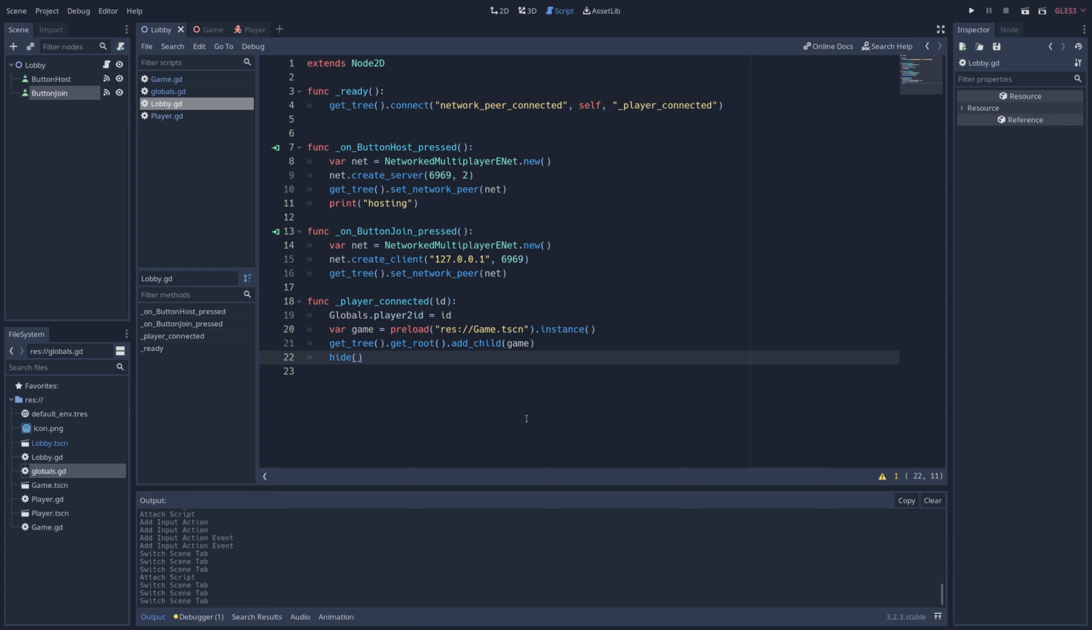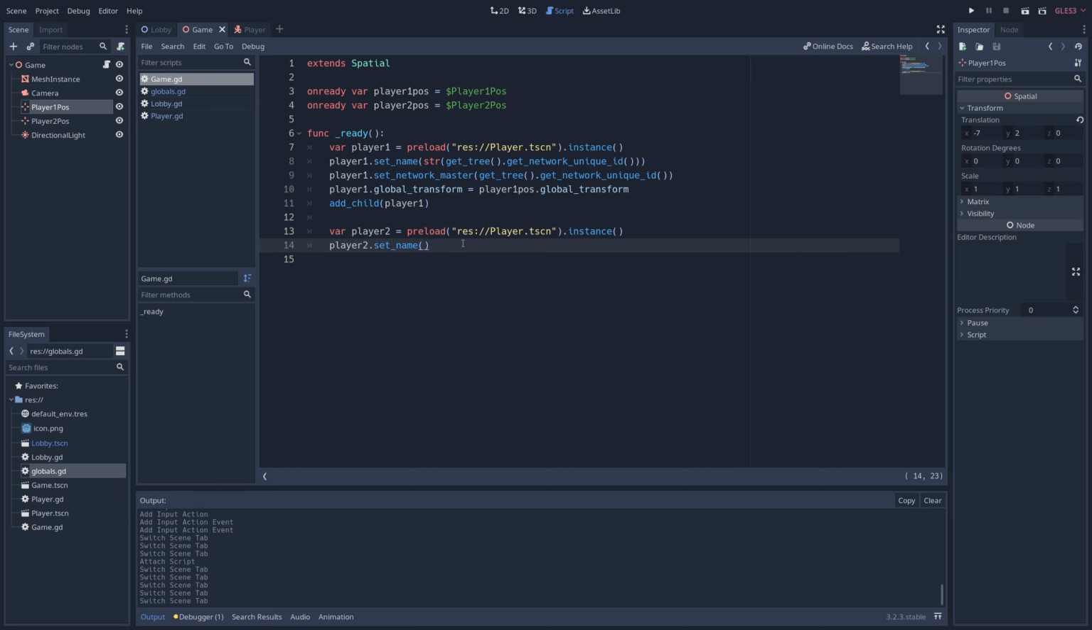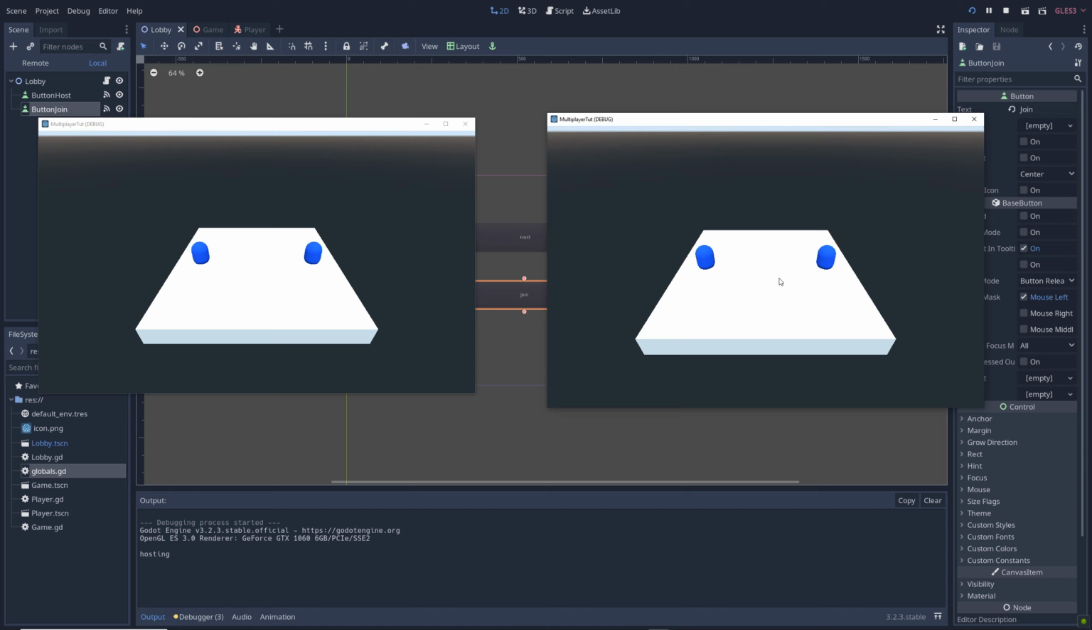If we go back to the lobby script, you'll remember that when a client joins the server, we saved its ID in the global singleton as player2 ID. Back in the game script, we can grab that player2 ID simply by writing str(globals.player2ID). Then we'll write player2.setNetworkMaster(globals.player2ID). Then we'll write player2.global_transform = player2pos.global_transform, add_child(player2). So now, once a client joins the server, the game will start and there will be 2